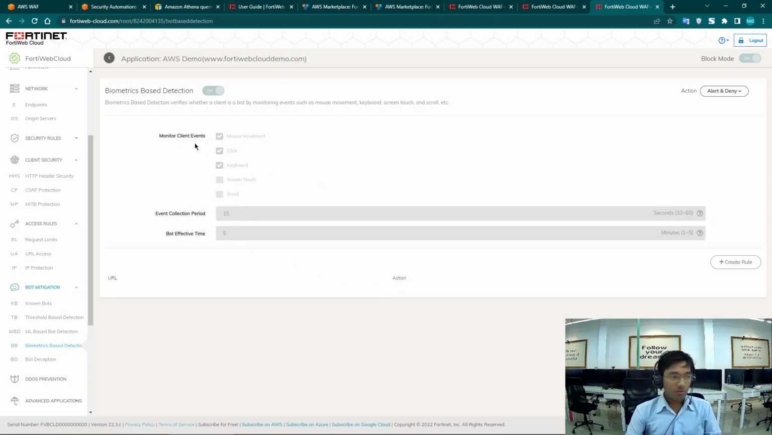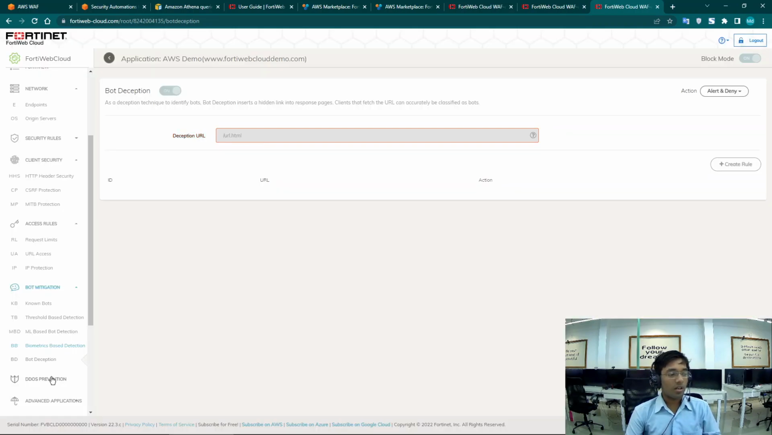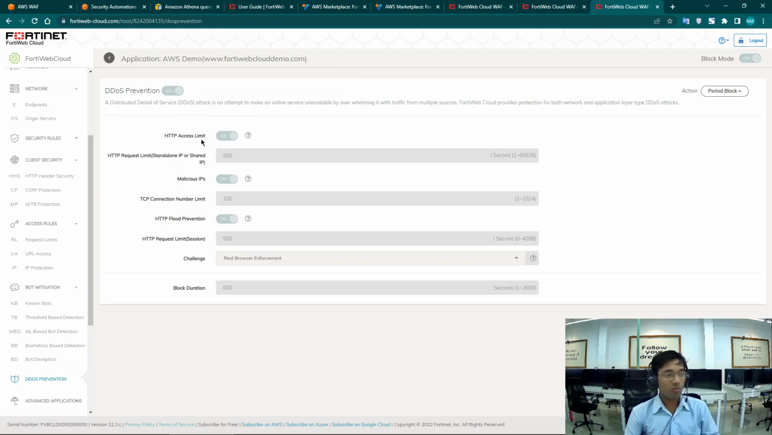Biometric-based detections cover point events, mouse movement, clicks, and keyboard. These are just available in the demo, and you could modify any of this data, whether it's bot detection, bot deception, or DDoS prevention. Under the DDoS prevention, what we actually have access to is the request limit of 500 only. This is per second, but the WAF provides the request limit. The WAF is going to analyze the rate limit based on a 5-minute period, and here it is just saying per second. That's why we specify in the WAF around 2000 requests coming from HTTP requests from